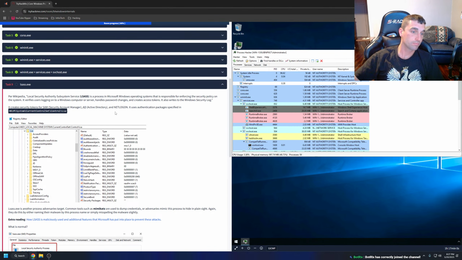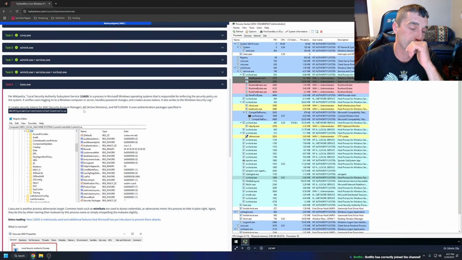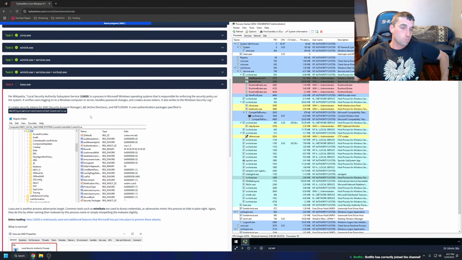Per Wikipedia, Local Security Authority Subsystem Service, LSASS, is a process in Microsoft Windows operating systems that is responsible for enforcing the security policy on the system. It verifies users logging onto a Windows computer or server, handles password changes, and creates access tokens. It also writes to the Windows security log. It creates security tokens for SAM, Security Account Manager, AD, Active Directory, and NetLogon. It uses authentication packages specified in